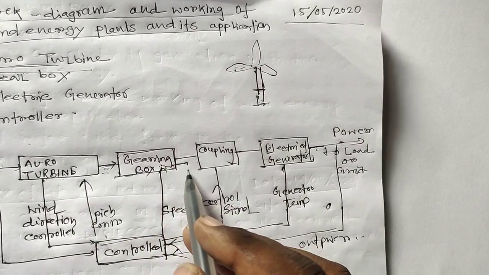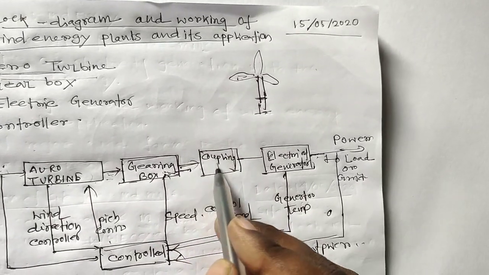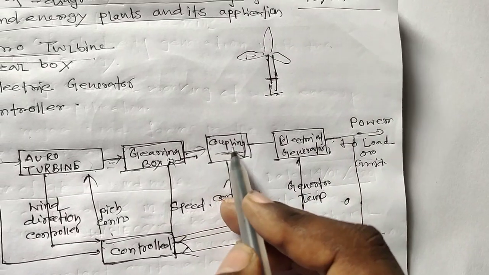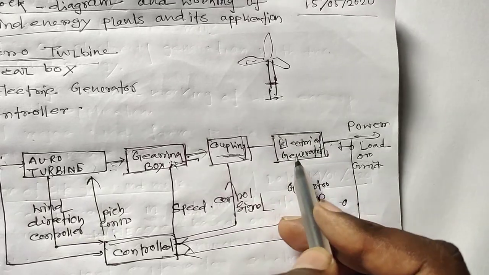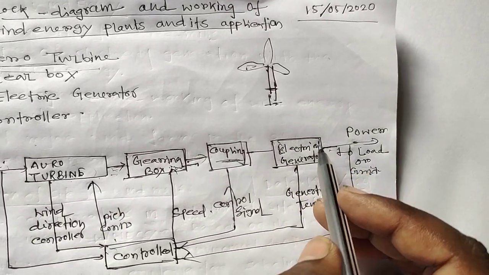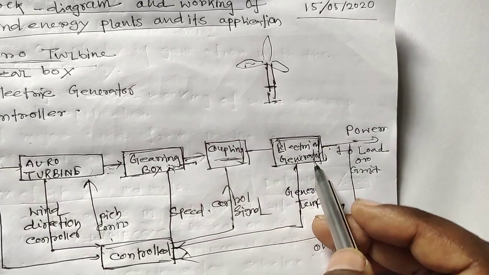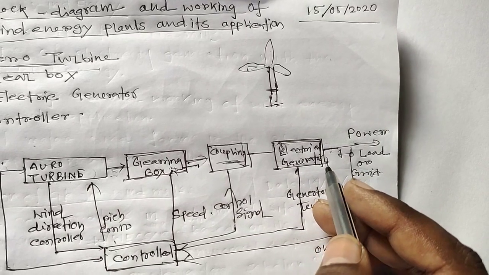The high speed shaft from the gearbox is coupled with the rotor of the generator, and hence the electrical generator runs at high speed. This generator, AC or DC generator, runs at a high speed, and an exciter is needed to give the required excitation